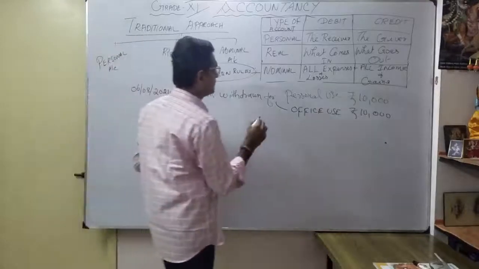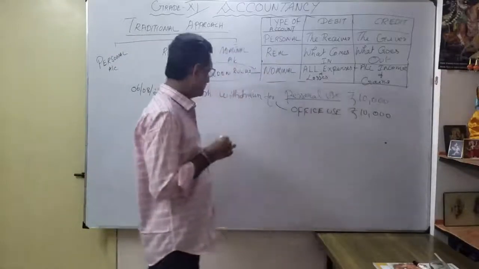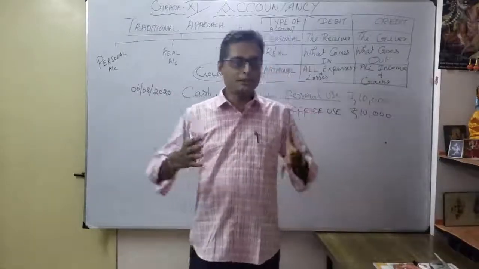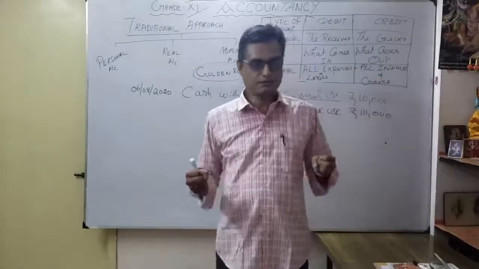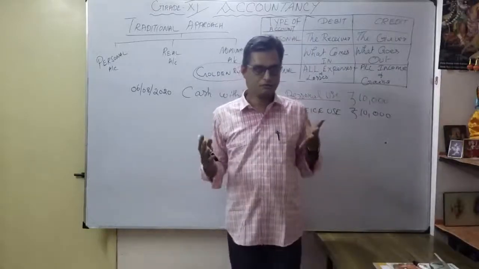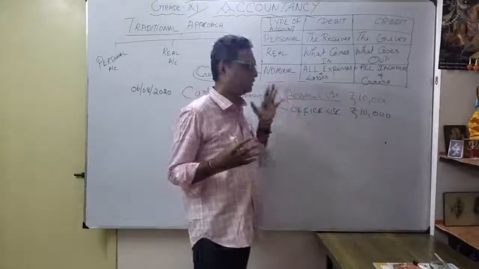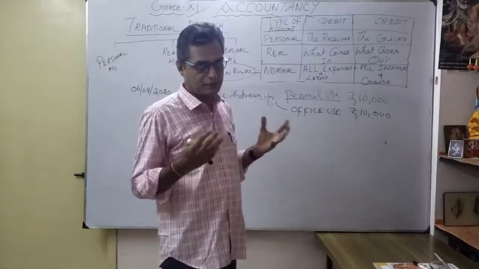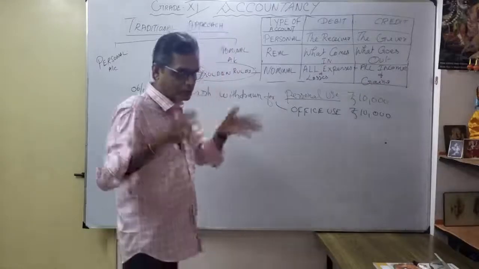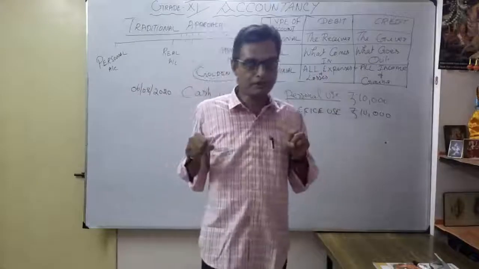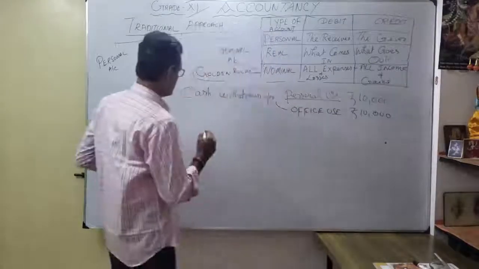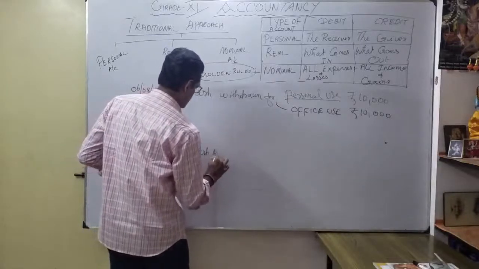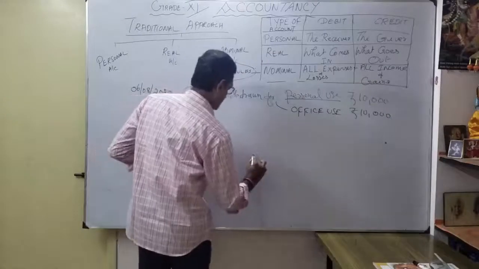So what is the meaning here? Personal use. So how to record? See, as you know, cash withdrawn for personal use. For example, you are running a business, and you took some cash from our cash box. For what purpose? Personal use. So what do you have to do? That is very important. Naturally, how are you showing it in our account? Cash is reducing, correct? When you took money, cash is reduced. So we have to write what? To cash account. Okay, how much? 10,000.